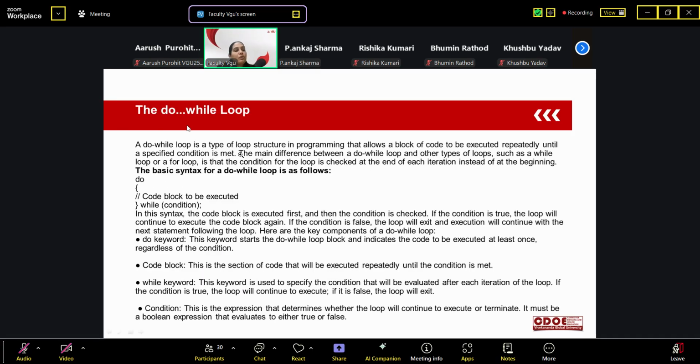Next we have a do while loop. So a do while loop is a type of loop structure in programming that allows a block of code to be executed repeatedly until a specified condition is met. The main difference between the do while loop and the while loop or a for loop is that the condition for the do while loop is checked at the end of each iteration instead of at